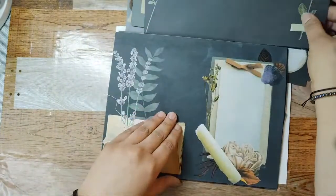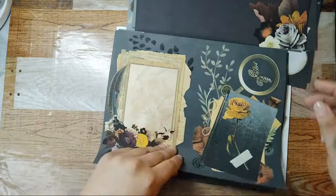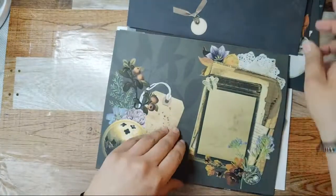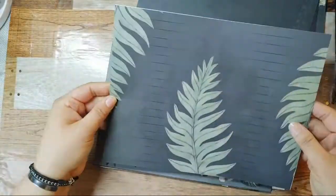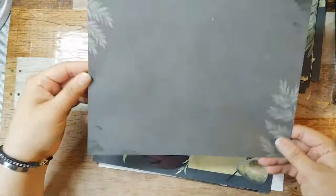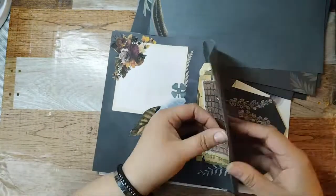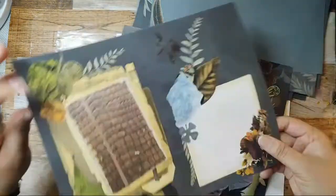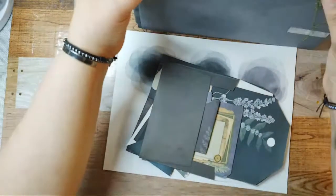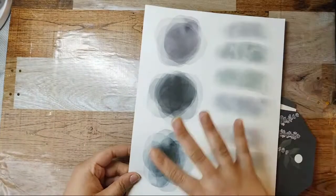So this has a Dark Academia aesthetic. And it's just a really pretty kit. Really great for writing. I added some witchy stuff, of course, because I always have to add witchy things. And I love the colors in this kit. I have a much more muted color palette this year, I've been noticing. I don't know if anyone notices, when they go through color trends like that, how their moods change and it reflects in the colors they choose, but my colors this year have been pretty moody. So these newer kits have been coming with a mood color swatch board,